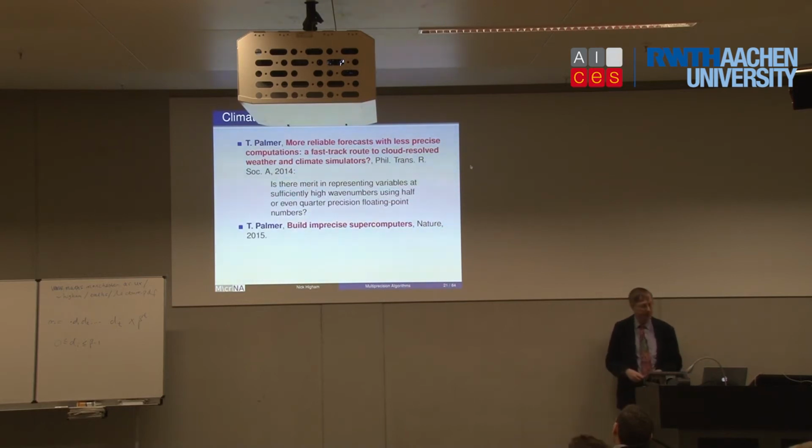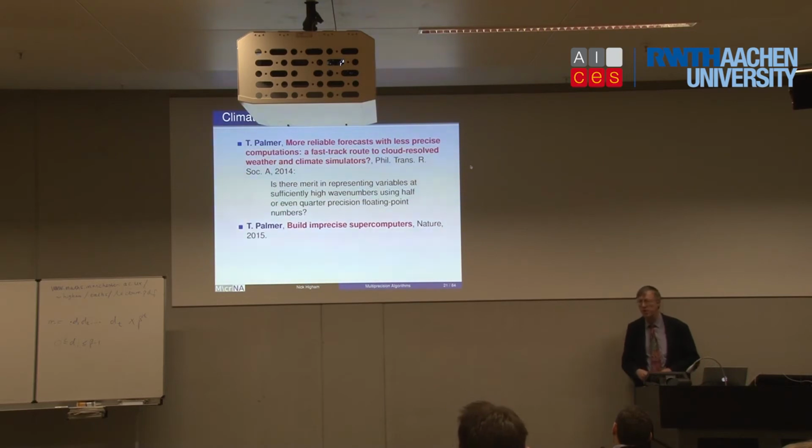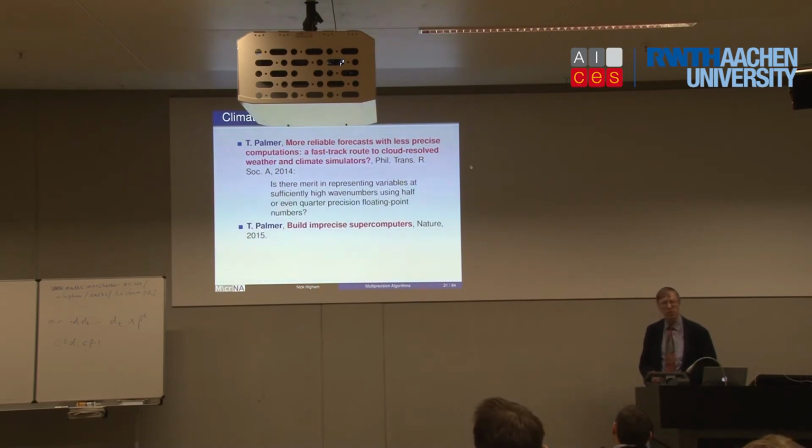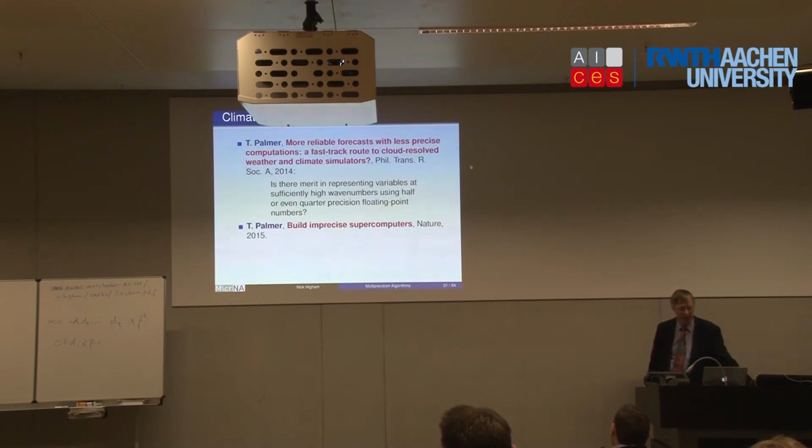computations. One thing that was clear from the talk last week is it's not at all a trivial job to go into a climate code and start changing the precision of some of the variables. These are huge codes, and even if you can get it to work, convincing the people who do the runs to actually then use that modified code is going to be quite a big job, because these models are run for all sorts of purposes. But that's certainly an area where there's a lot of interest in the use of low precision now.